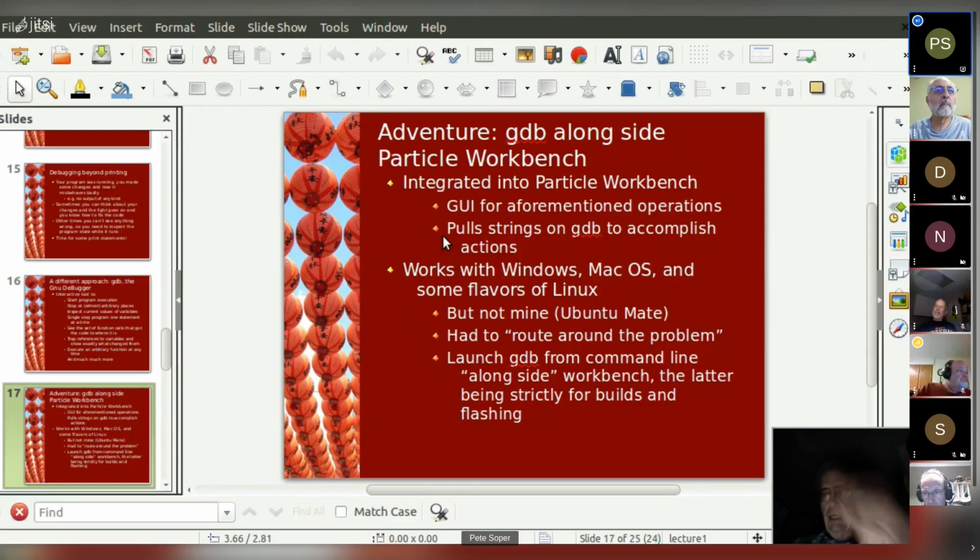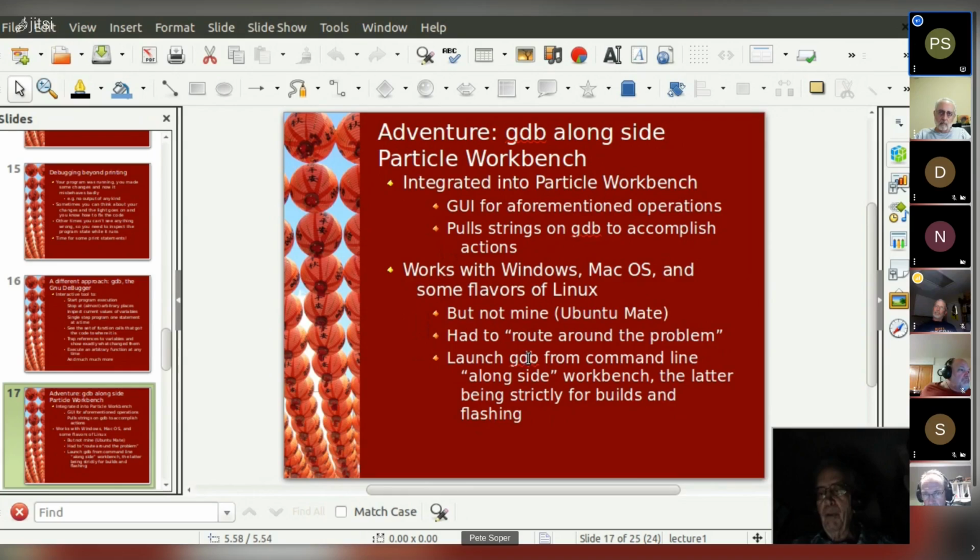They can just click a breakpoint into their source code, run to the breakpoint. They can have windows that show the values of their variables and so on and so forth. And it's all fantastic, but it doesn't run on the version of Ubuntu Linux that I use. And I went around the bushes with Particle support staff, and they assured me that it worked on Linux. And I assured them that it didn't work on my flavor of Linux, and there wasn't any progress with that.